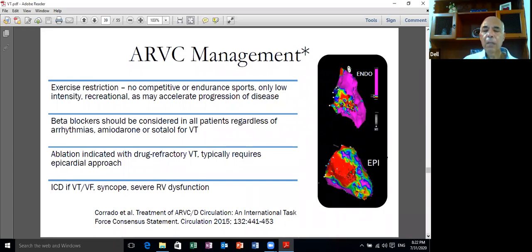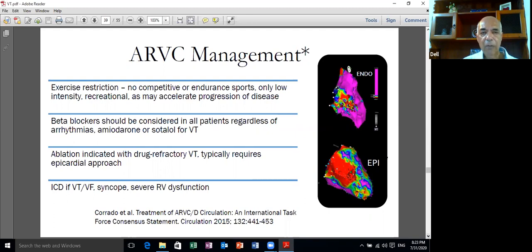Now, if you look to the right here, you will find that the scar is essentially epicardial. Fatty infiltration is essentially epicardial. It infiltrates the right ventricular outflow tract, the base of the right ventricle. This is an autosomal dominant condition. It can present in association with palmoplantar hyperkeratosis and woolly hair as Naxos syndrome. Carvajal syndrome is woolly hair and palmoplantar hyperkeratosis, but with dilated cardiomyopathy, not with